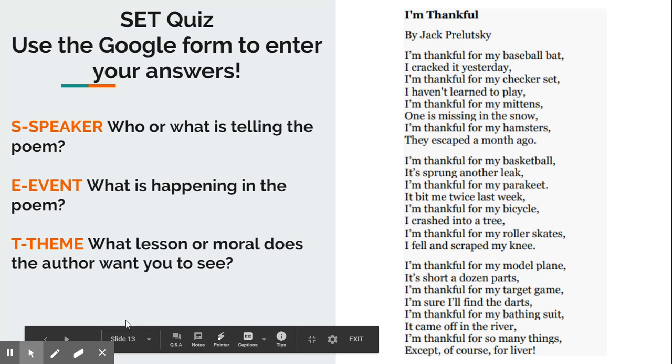Now, on this Google form here, you're going to have a Google form attached